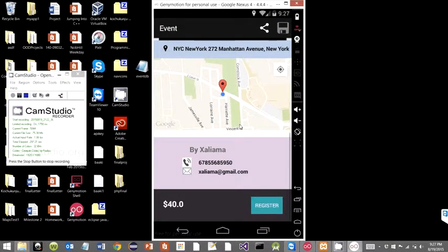Yes. So here you could see Google Maps that is pointing to the current location where you are. This Google Maps has been integrated by Roshan over here. He would explain how exactly it works. Basically, we are trying to let the user know that New York, 272 Manhattan Avenue is the place where the event is being held, but the map is zoomed in. It is a Google Map. We are making use of the Google Maps API.